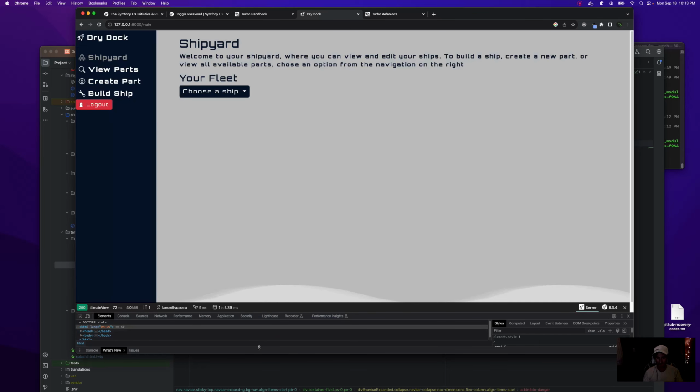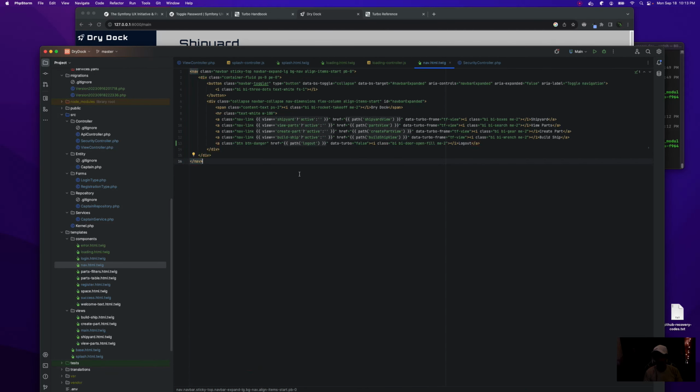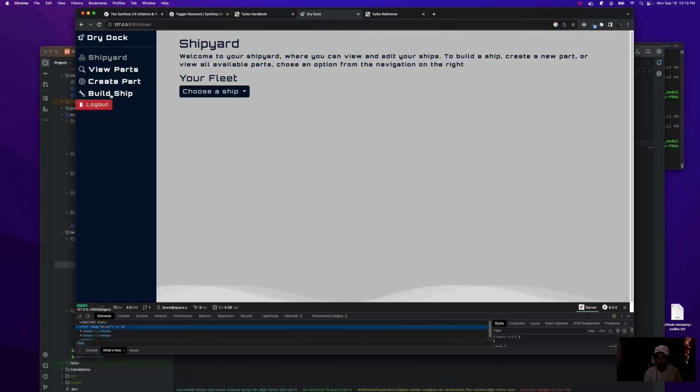How do we want to do that? That door thing, I'm not sure if I'm a fan of that. Let's give it a little bit of a margin top, and let's give it a full width, I guess. I don't know.